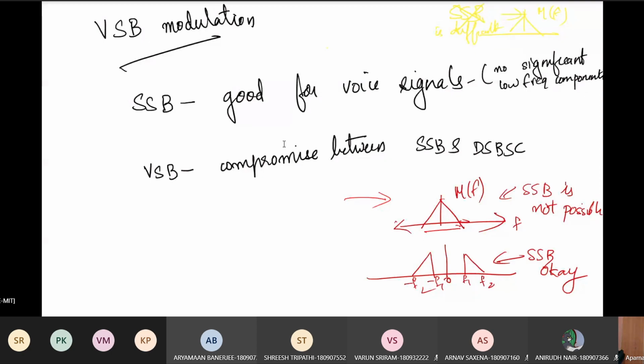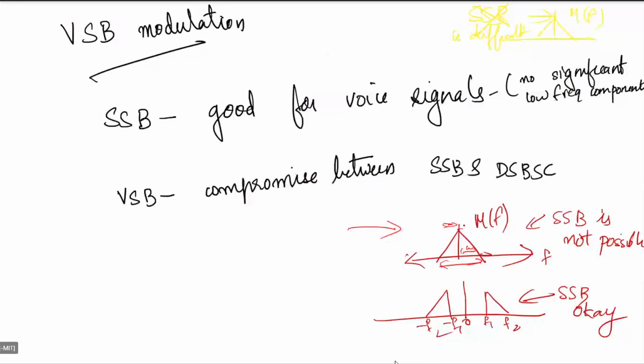Can I just say that, anyway, the signal has a bandwidth of W, FM, so let me make it DSB-SC and 2 FM be the bandwidth? No, for this signal also, some way we need to reduce the bandwidth. What is the one way? This is the solution, VSB modulation. Vestigial sideband modulation does not take as much bandwidth as DSB-SC modulation, but it takes more than SSB modulation. So it is a compromise between DSB-SC and SSB.